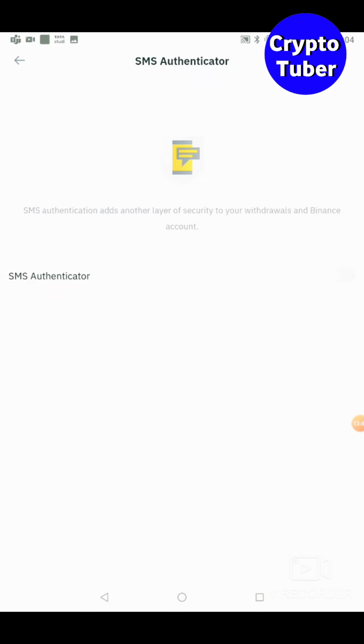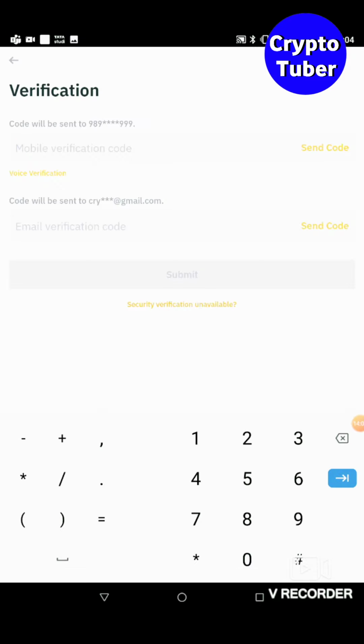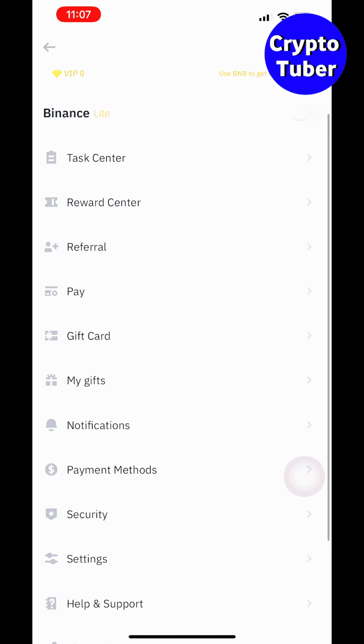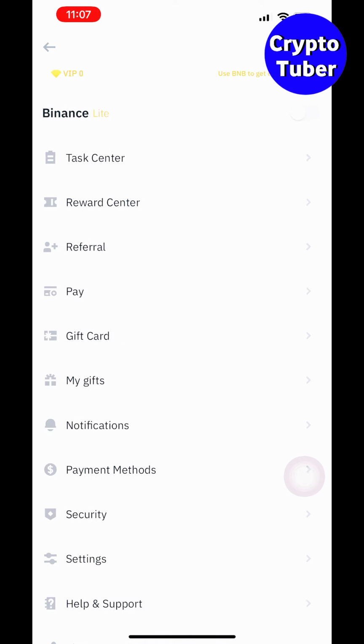For that, put your phone number or email ID and a code will be sent to the number or email ID which you have put. Now put that code here and your verification will get completed.